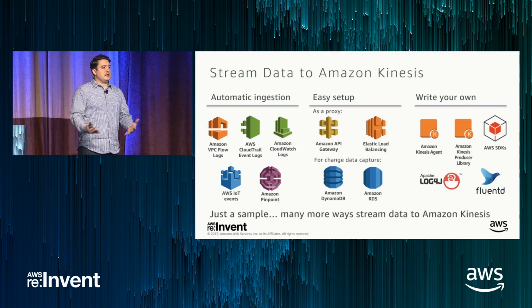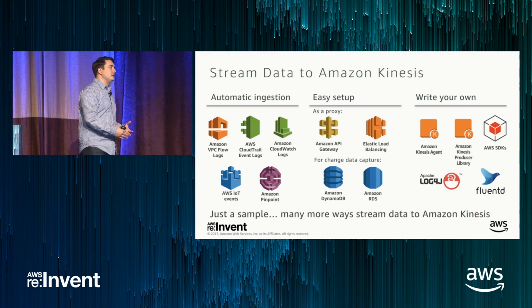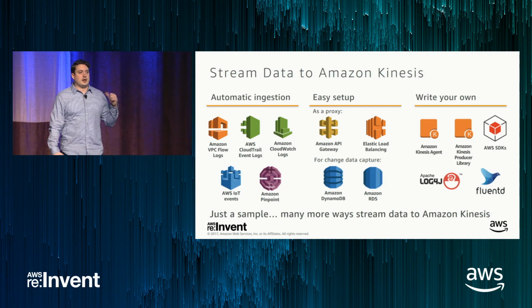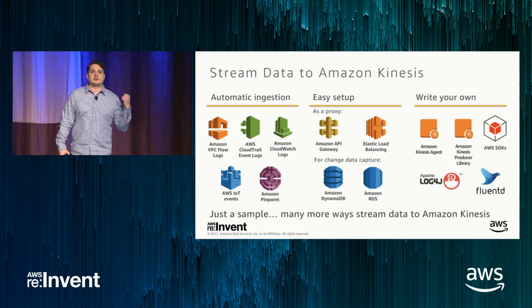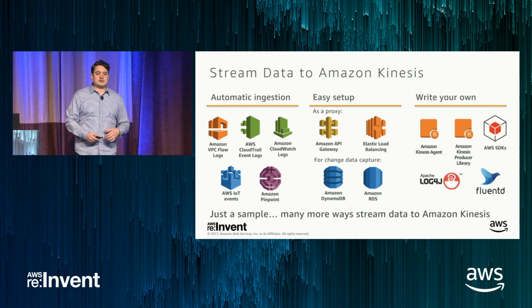On the Amazon Kinesis Data Streams website, there's a developer resources page that provides a little bit more comprehensive list than I have here. It has a bunch of links to GitHub where we have some of these open source libraries. So have a look. This is just a sample of some of the more popular ones. There's a lot more.